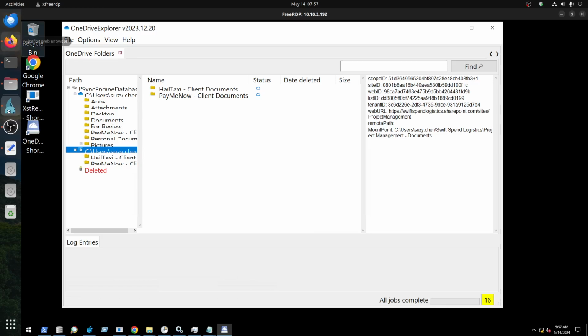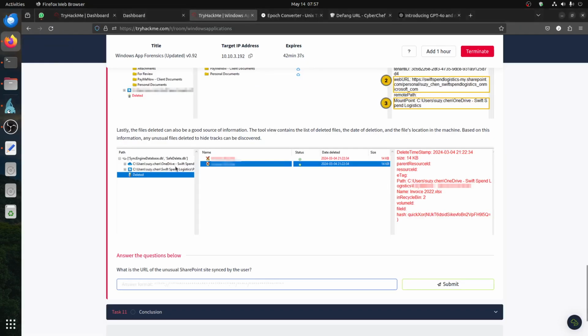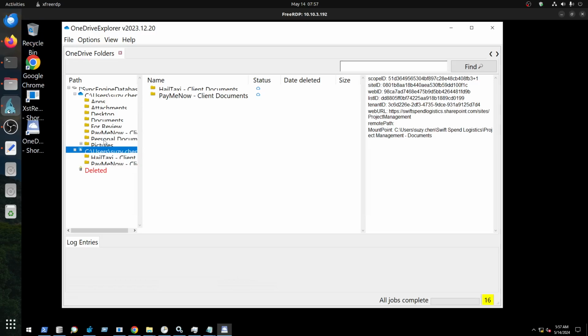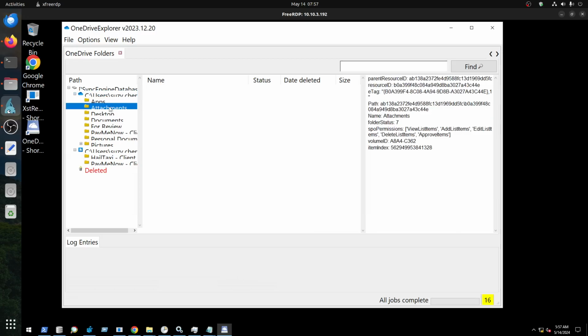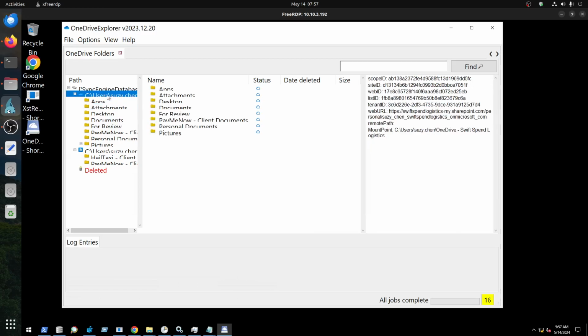Yes, to sync here this user is Swift. What is the URL of an unusual SharePoint site synced by the user? So this one, it's synced to Swift logistic dash my dot SharePoint, and this one